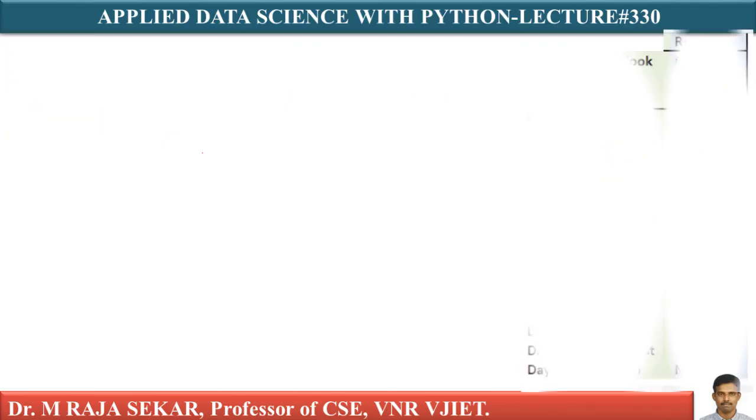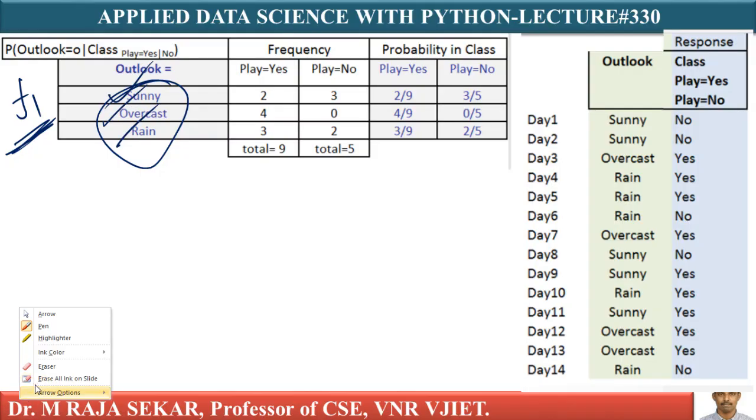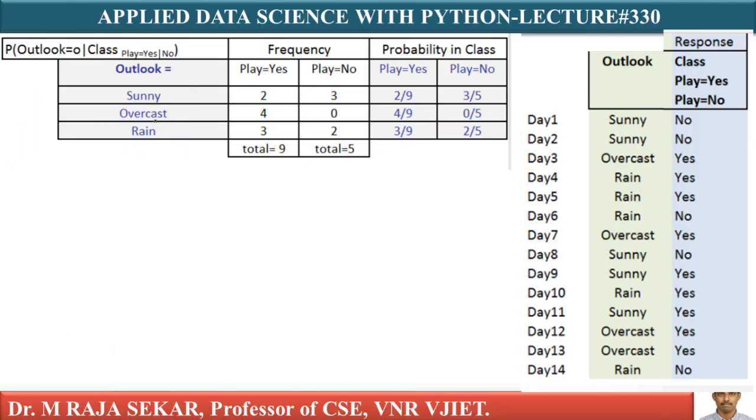It is simple. From my training data set, I can always calculate how many features I have. I have 4 features. Out of these 4 features, let me say Outlook is one feature. This is feature 1. I must construct these types of tables for 4 features. My feature 1 is Outlook. What are the possible values of Outlook? Outlook can take sunny, overcast, rain. These are 3 possible values, isn't it?